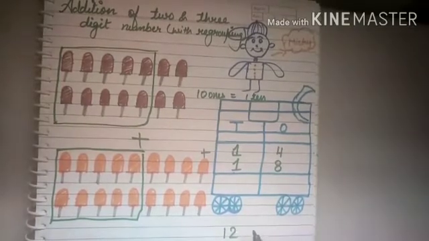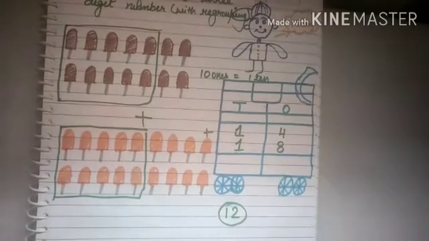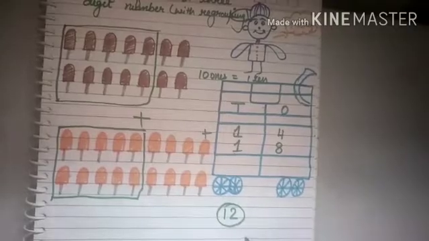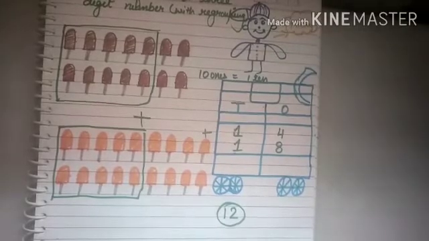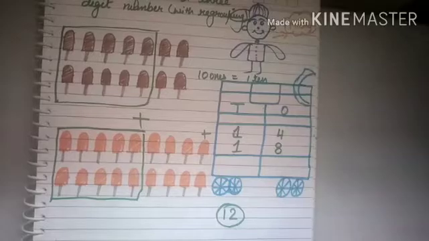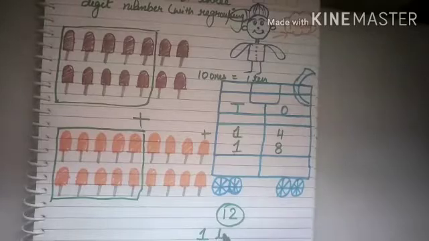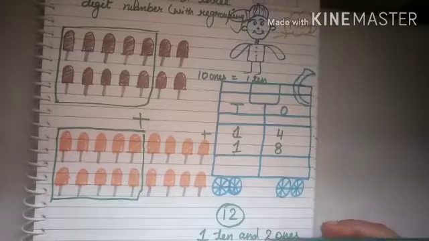But as you can see, 12 is also more than 10, right. 12 is also bigger than 10. It means if we regroup it, we can get 1 ten. We can get at least one group of 10. So we can write this 12 in this form also: 1 ten and 2 ones, right. Both are the same thing,